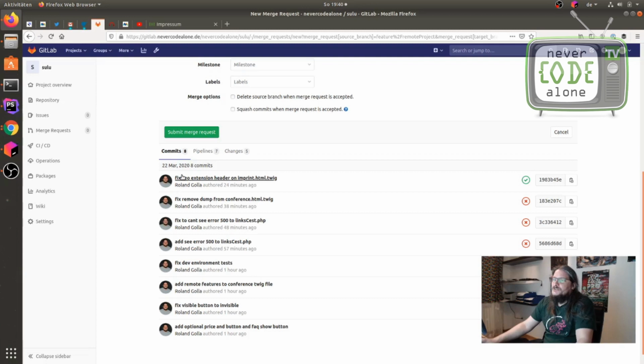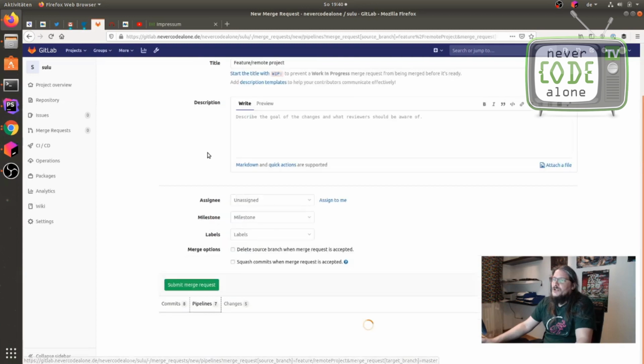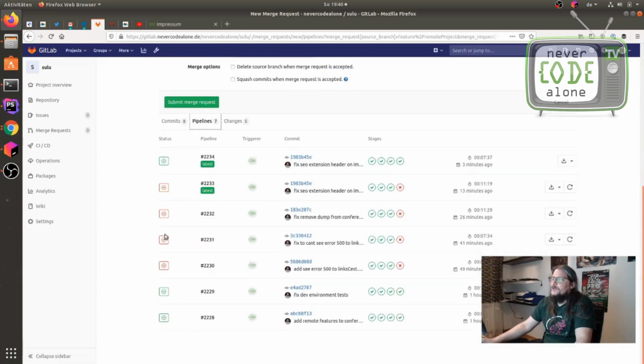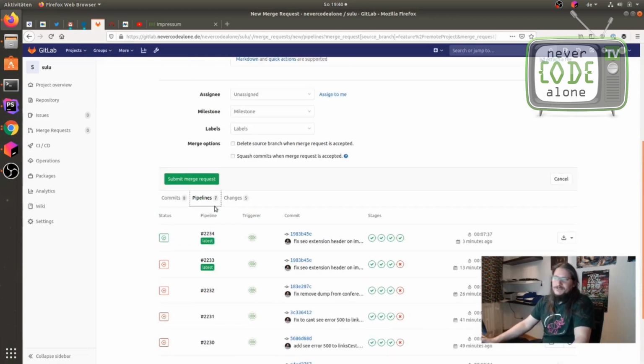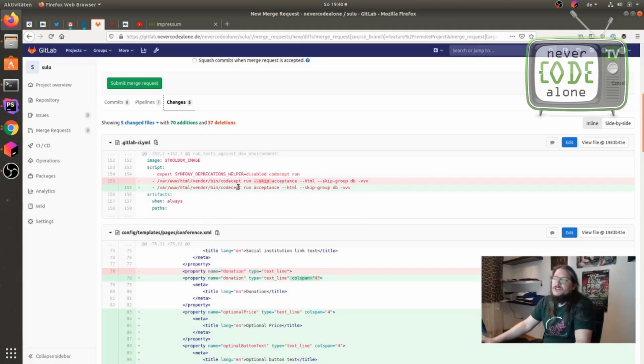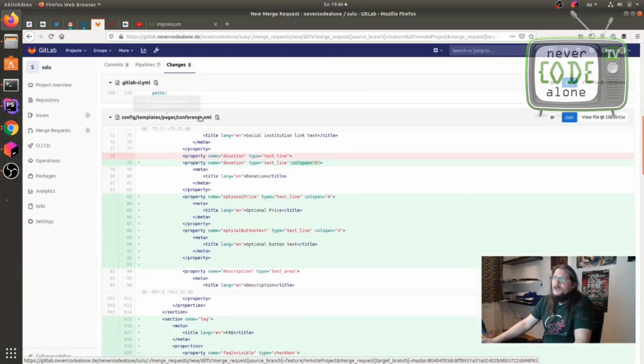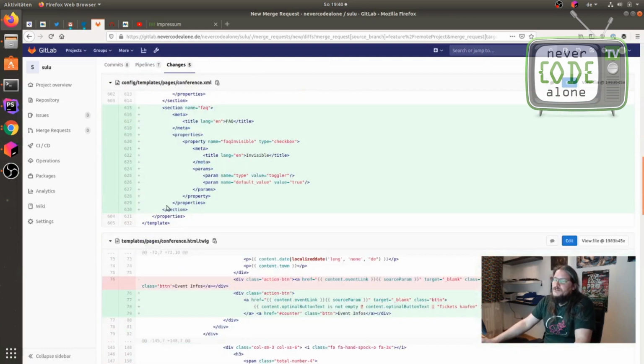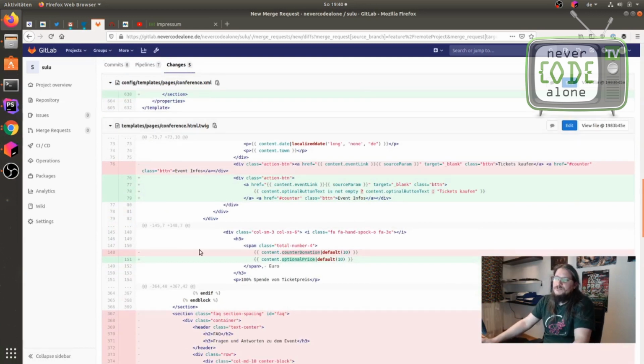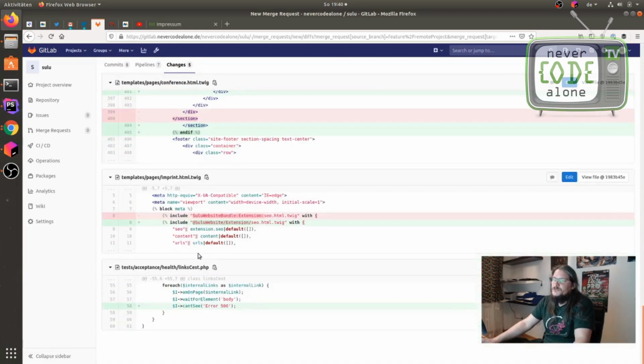I also see here, hey, there were 7 pipelines. The last is green. And I have here some changes on my GitLab CI. I add the acceptance tests and make something on my conference XML file and something on my conference twig file, and I also do something on the imprint file, and I also add here something for my linked test to detect 500 errors.